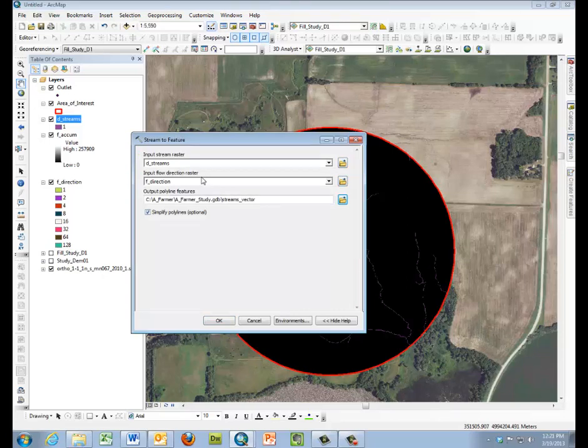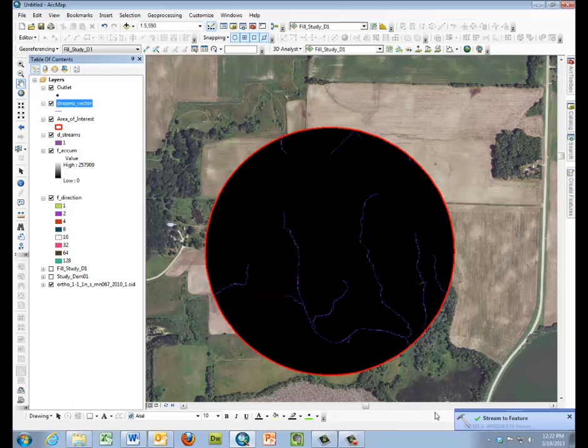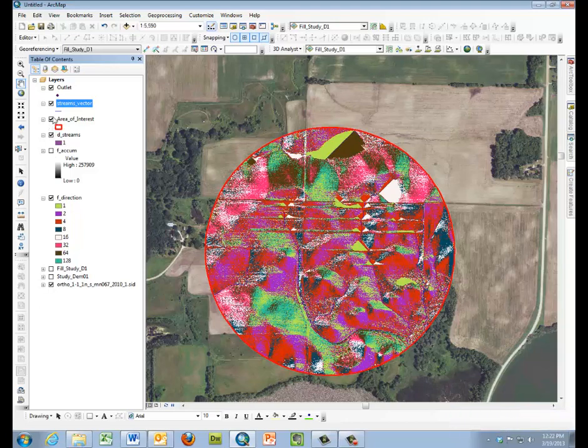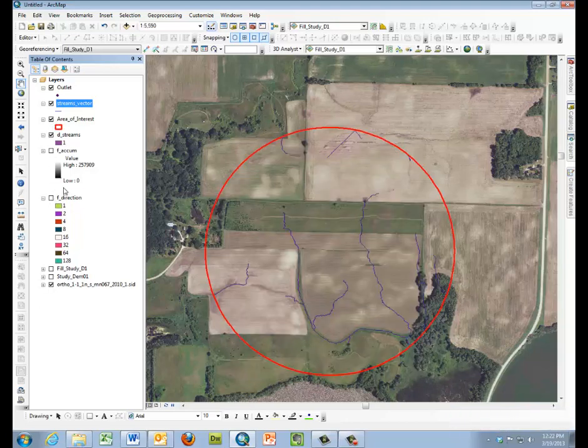We'll be using the flow direction in this Stream to Feature, and we'll also be naming this Streams to Vector, and we'll be simplifying the polygons. Now what's happening here? We're changing the raster D streams into a vector layer, and we're establishing its direction within those vector layers, those lines, from the flow direction. And we're simplifying this. We'll select OK, and we'll see that we now have streams of where the streams are forming on the landscape, and we'll turn off our flow direction,